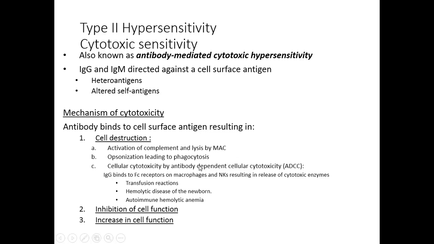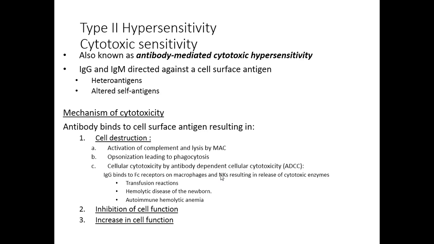It's just a really big mouthful for saying that you can have immunoglobulins binding to the Fc receptors that are found on macrophages and natural killer cells that cause those cells to release their cytotoxic enzymes and kill the cell with the immunoglobulin. So it really is a process of forcing macrophages and natural killer cells to release their cytotoxic enzymes, and it's a result of